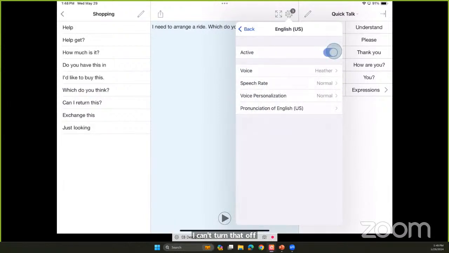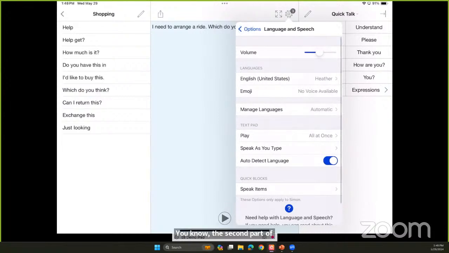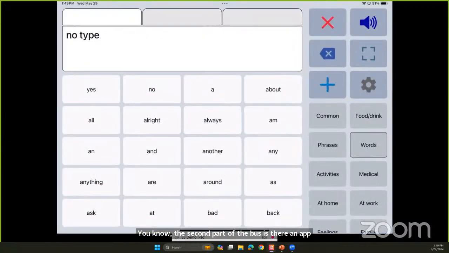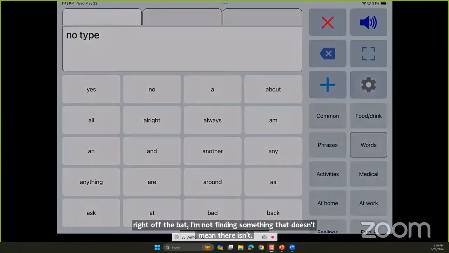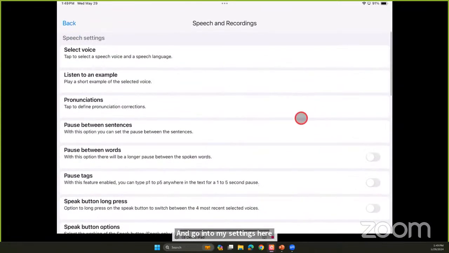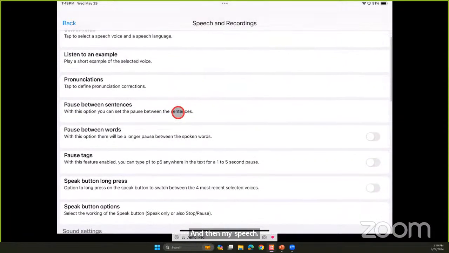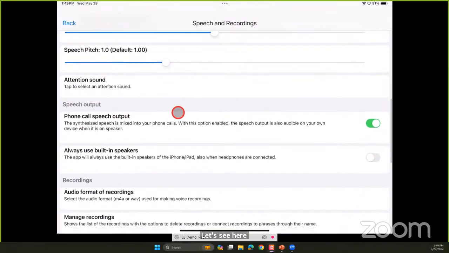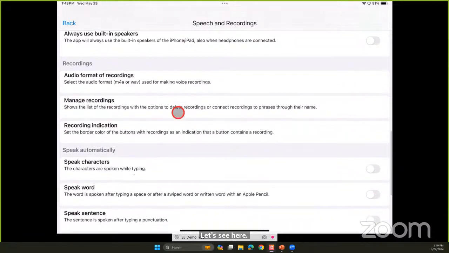The second part of the question was, is there an app that would be better for this type of thing? Right off the bat, I'm not finding something. That doesn't mean there isn't. But if I go back to an app like Speech Assistant and go into my settings and then my speech, there are some where you can tell it.